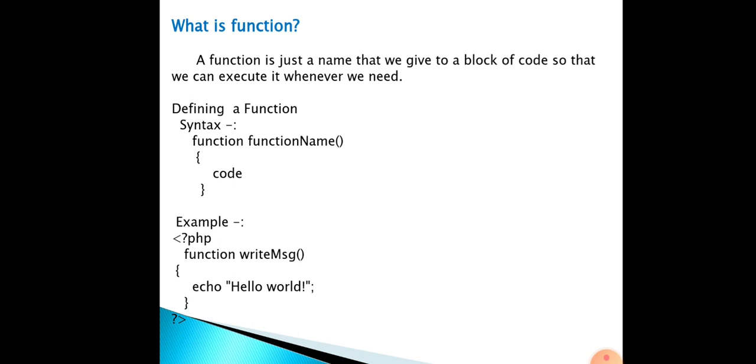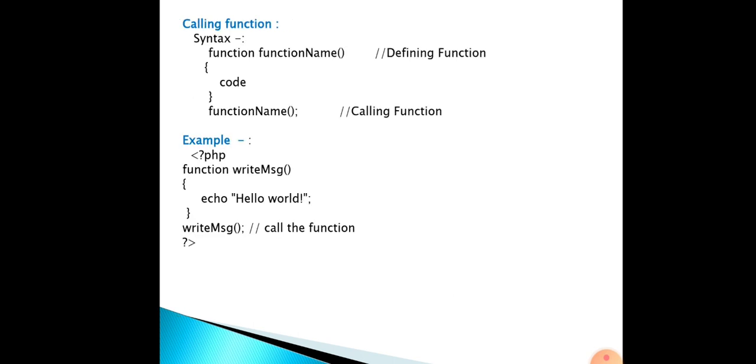Now we see how to call a function. Calling a function is simple. Just write the name of the function followed by a pair of parentheses. We can call a function by using the following syntax. Here is the syntax. We write a function name and write parentheses. This is the example for calling a function. After calling a function, the statements inside it are executed. After the function execution is completed, the program control returns to the point where the function was called.